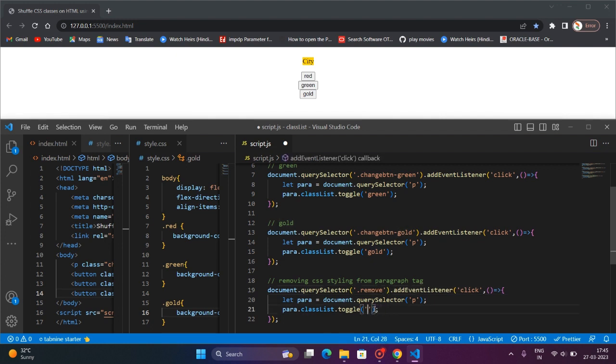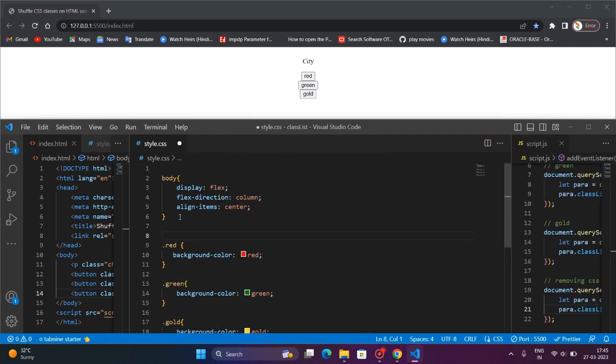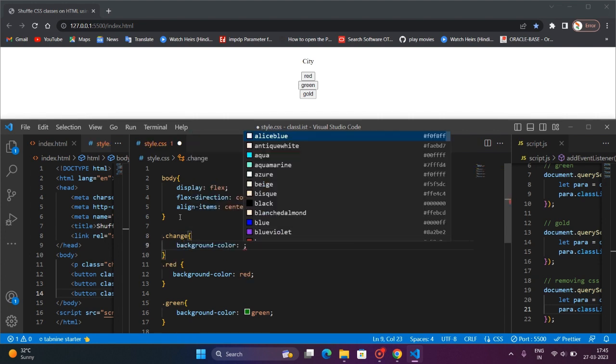Here we will mention change as a class, correct? We have not given any type of styling to this change class, right? So we need to create a change class as well. So for change, let's set a background color